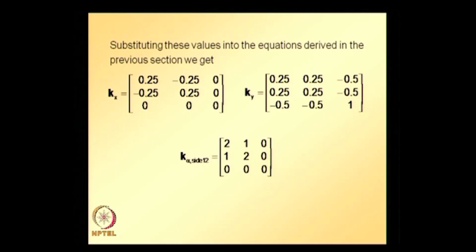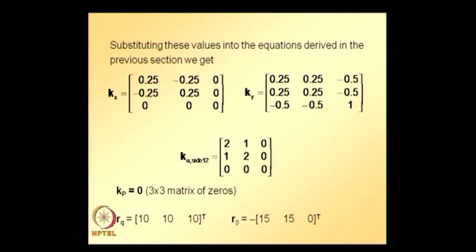identifying what is alpha, and plugging it into the element equation for K alpha that we already developed, we get this K alpha for side 1, 2. And since coefficient P is 0, Kp is going to be 0, in the sense it is going to be a 3 by 3 matrix of zeros,